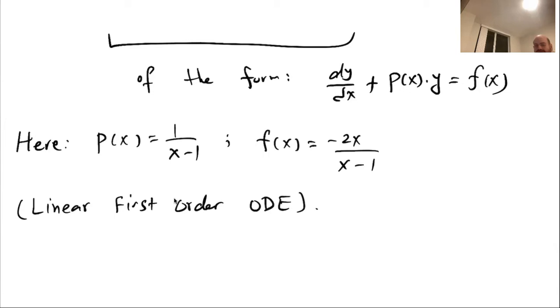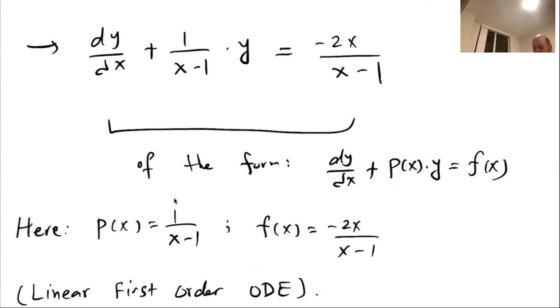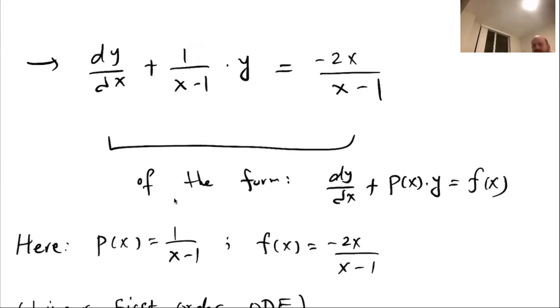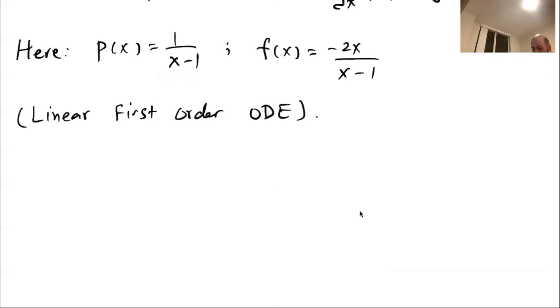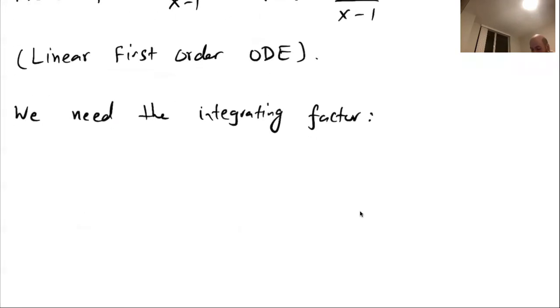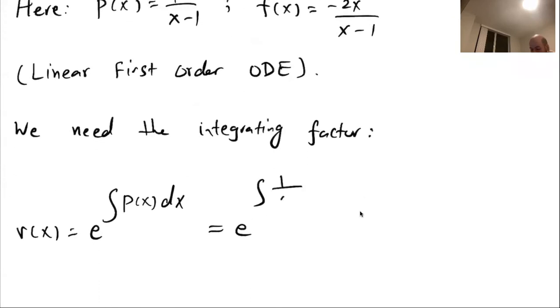We need an integrating factor, if you remember. For a linear first order ODE, an equation of this type, dy/dx plus p of x times y equals f of x, we need an integrating factor called r of x. How could we find r of x, the integrating factor? The integrating factor r of x will be e to the power integral p of x dx. And that's going to be e to the power integral 1 over x minus 1 dx, which is e to the power